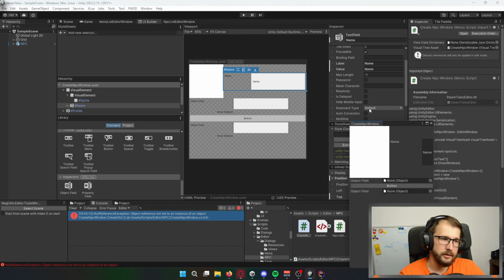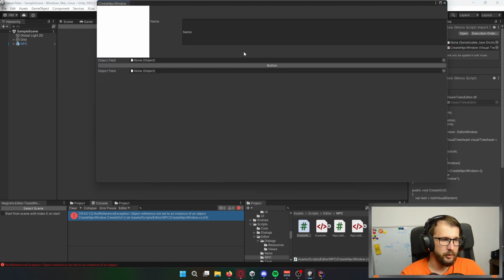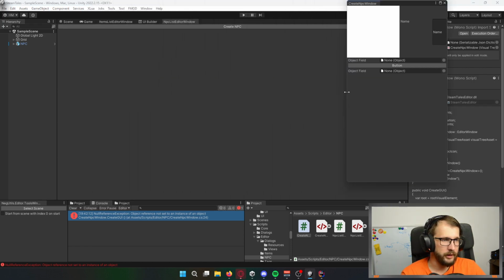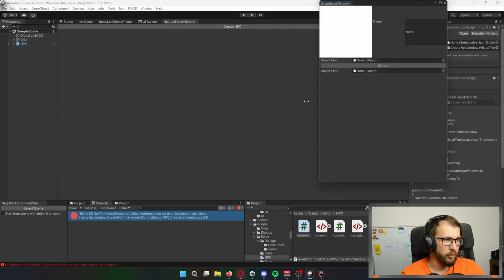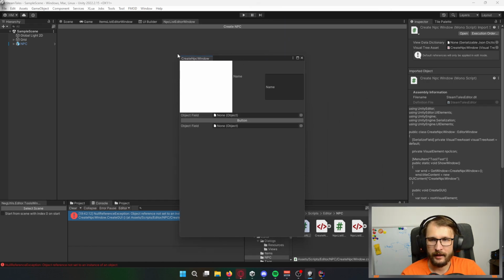Okay, so let's open it up once more. Okay, so I've got my window. I can make it smaller. Okay, so let's go with size. I would say that this is the smallest width that I can go with.